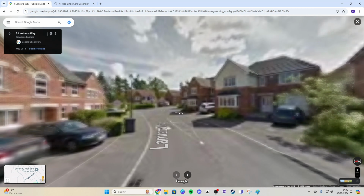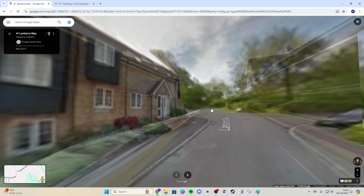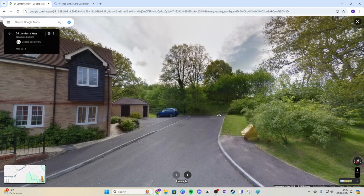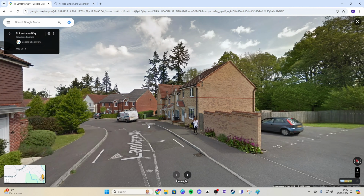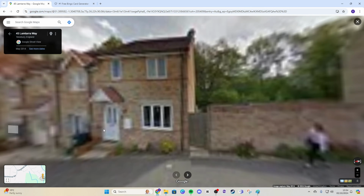Oh, this is all new. I'm lost now. Ah, right, okay. We're not going to be able to get back to where I lived because I don't know what this place is. This is all brand new. Yellow car again. But yeah, I wasn't massively the most popular guy at school,